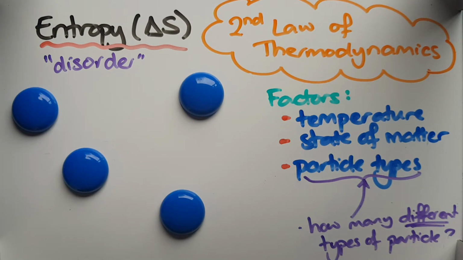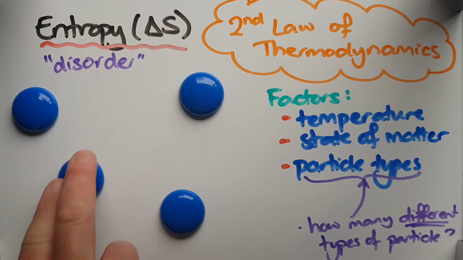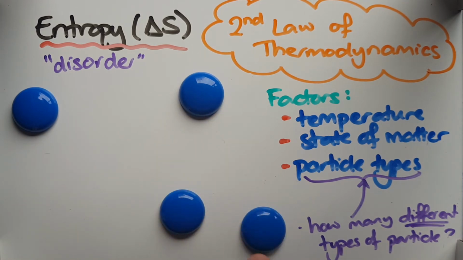So when we go from solid to liquid, there's clearly an increase in entropy because the particles can actually flow past each other. This one doesn't have to stay over here, it could end up over here because it can flow. Same thing with a gas. It's a fluid, so the particles can flow, so it has even more disorder, a higher entropy than the liquid phase or state of matter.